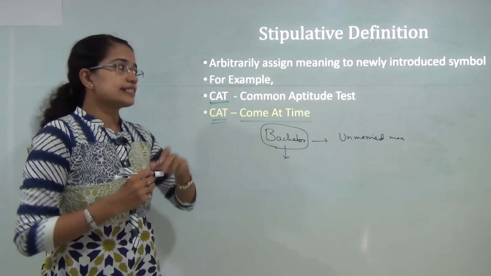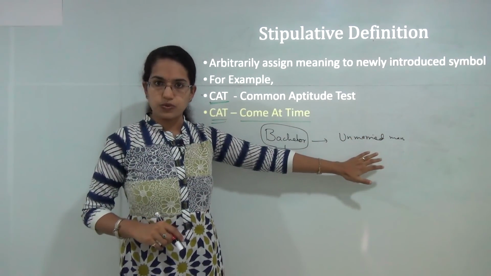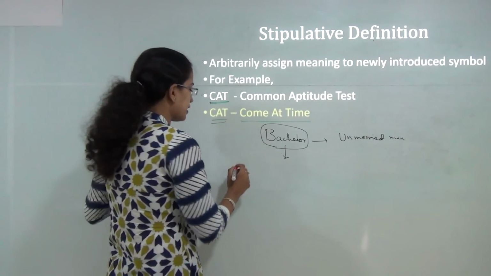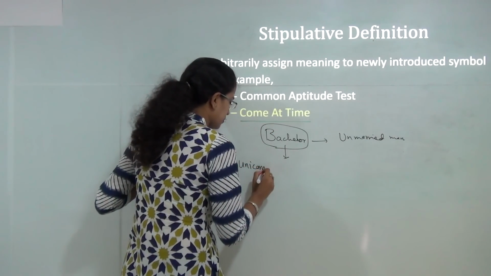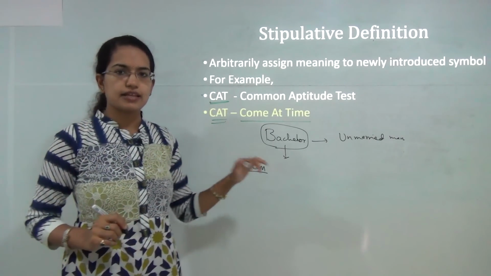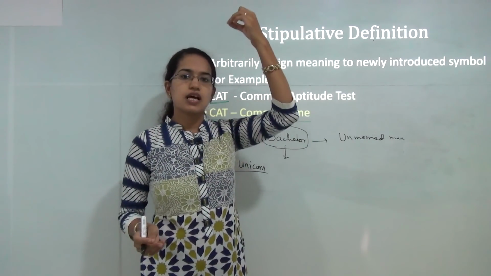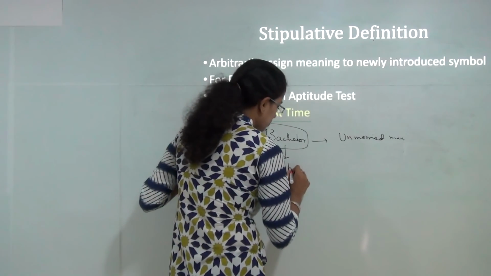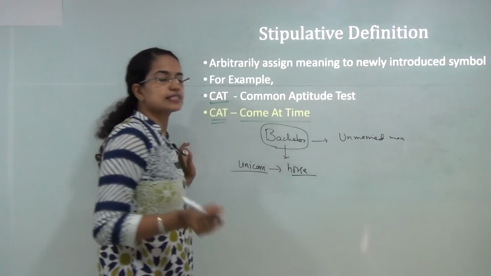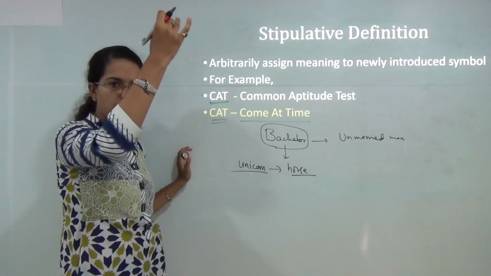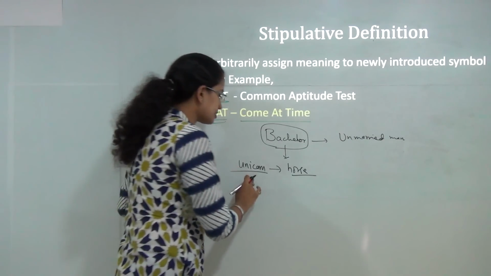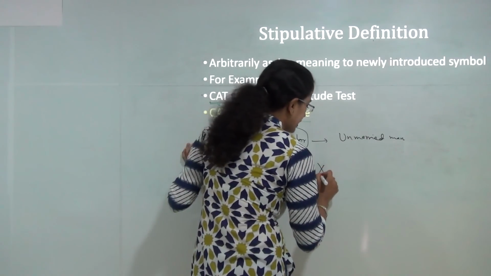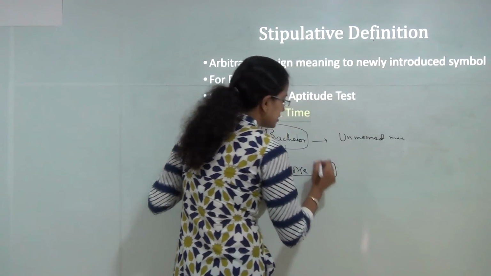However, under lexical definition, this holds very true. But let's take an example of lexical definition where I am trying to explain unicorn. A unicorn I can explain as an animal which has a single horn on the forehead, and it is similar to a horse. So it's a kind of animal similar to a horse with a single horn at the forehead, and that is known as unicorn. But what happens is unicorn does not exist in reality,